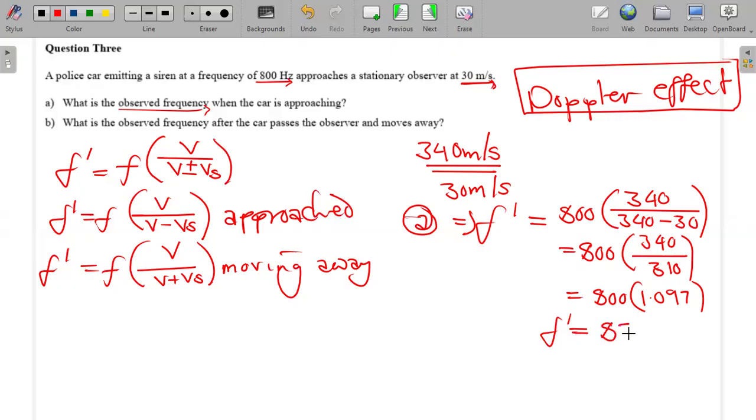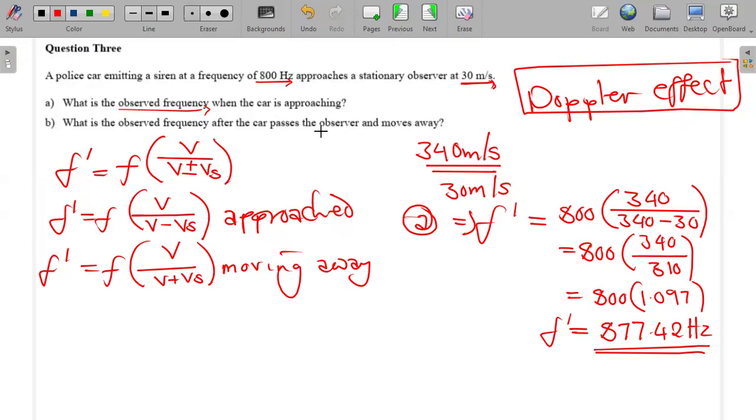877.42 hertz. So this is the observed frequency when the source, which is the police car, is approaching the observer. As simple as that. Then part B is asking what is the observed frequency after the car passes the observer